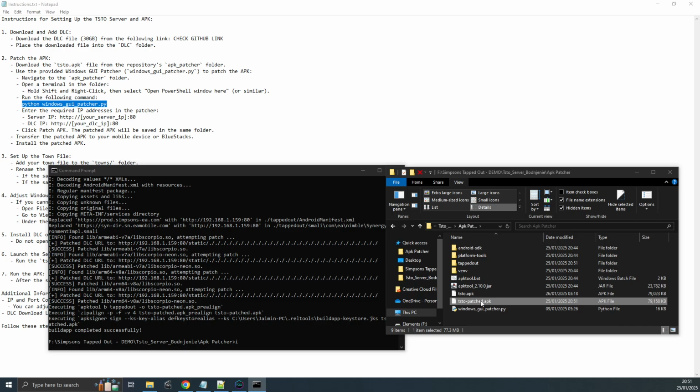So you'll see that it saved the patched APK, and the next step is to transfer the patched APK to your mobile device or Bluestacks. I use Nox because it's just easier, but you can use Bluestacks or Nox. You can just type in Bluestacks and download it, or Nox Player. So you can transfer it to your phone. You can run the APK that you've just patched on your phone,